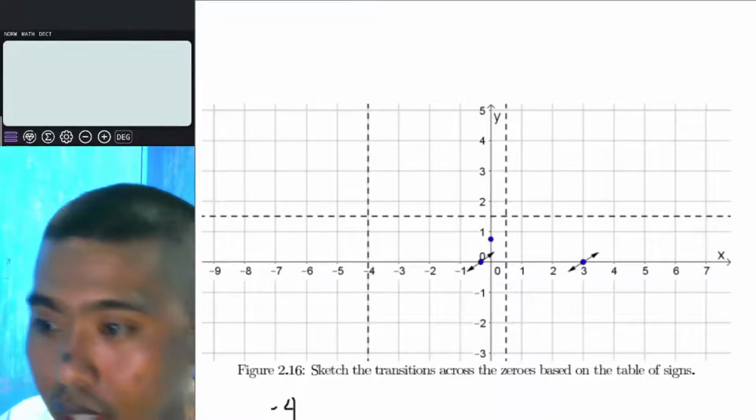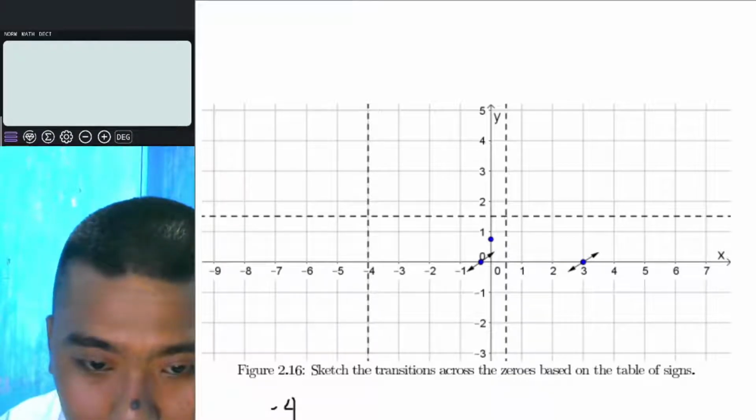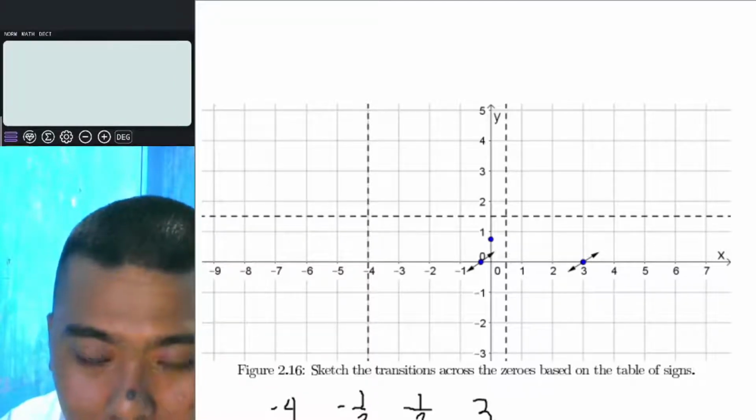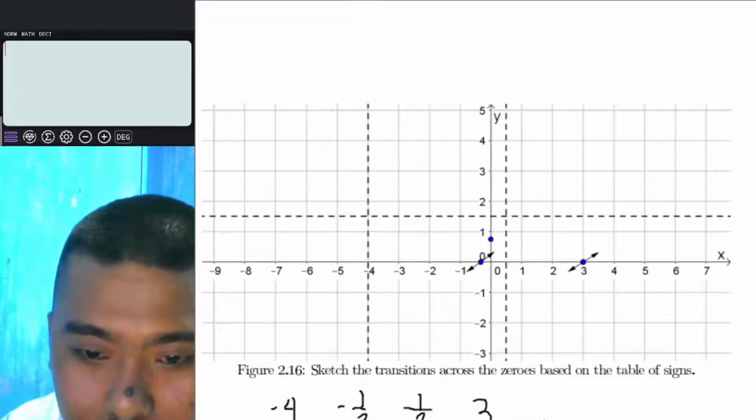Negative 4, makita ra ba? Yes, makita ra. Negative 4, negative 1, negative 1/2 and positive 3, diba? So sa positive 3, sa right sa positive 3, that's above axis. If you remember, this is above axis,